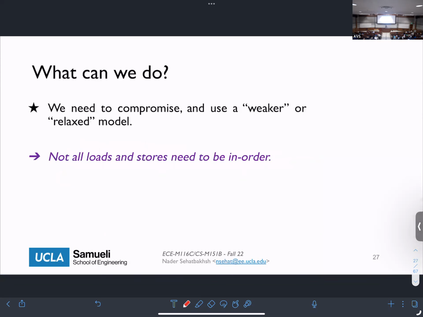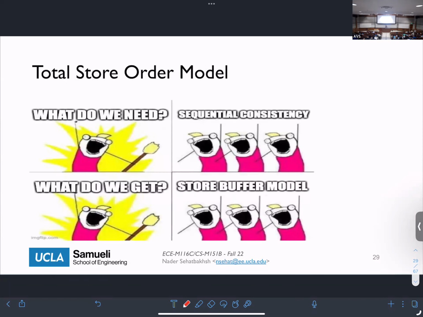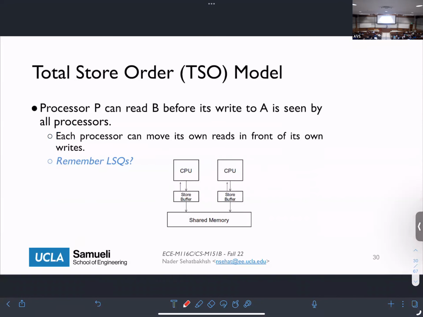All right. So we're going to relax some of this, and the one that is very commonly used is what's called the TSO model, or total store order model. The total store order model is slightly different than sequential consistency. What it says is that within each core, it's safe to read address B before